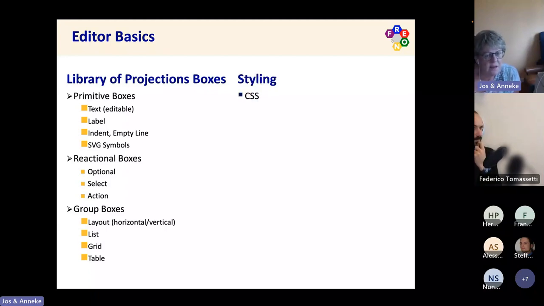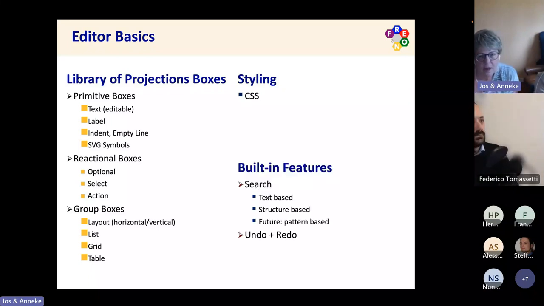All the styling in the editor is done based on CSS, again, to reach out to the normal web developer, who probably knows CSS. And the editor has some built-in features, a search feature, and of course the undo and redo features.